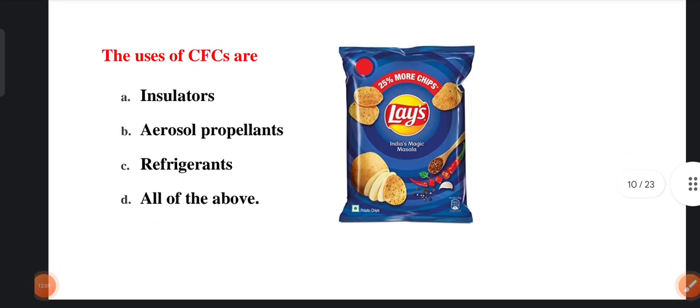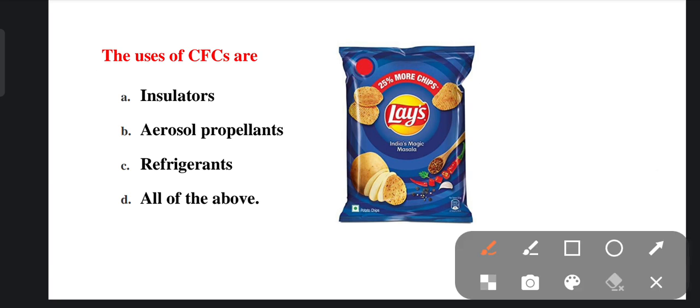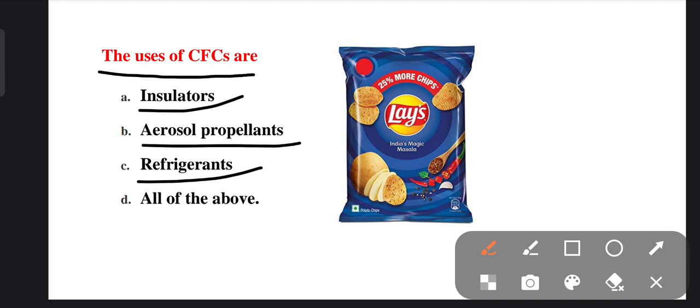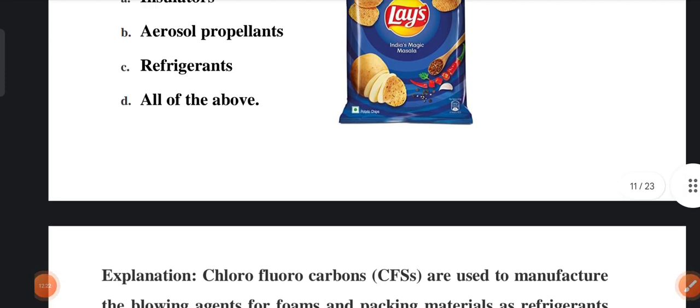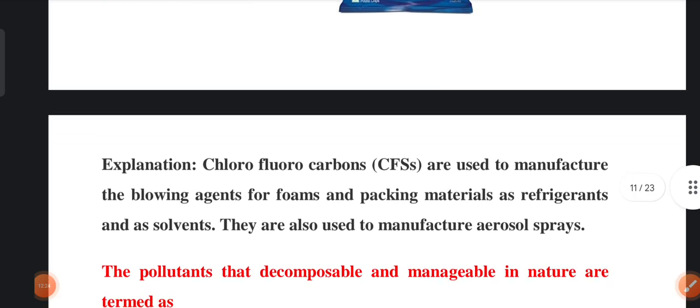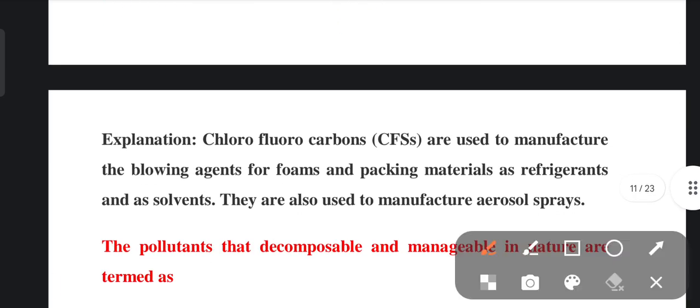So the next one is the uses of CFC. Okay, CFC. So what is the use of CFC? Options are insulators, aerosol propellants, refrigerants, and all of the above. So before that, let's see what CFC is. CFC is nothing but